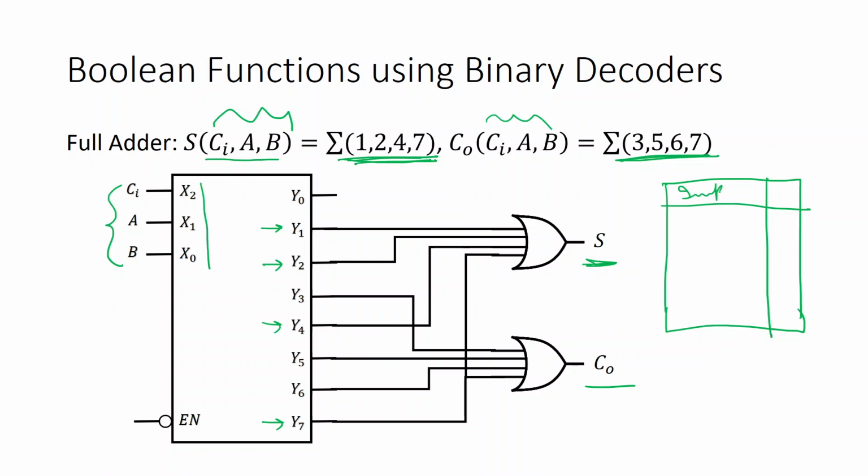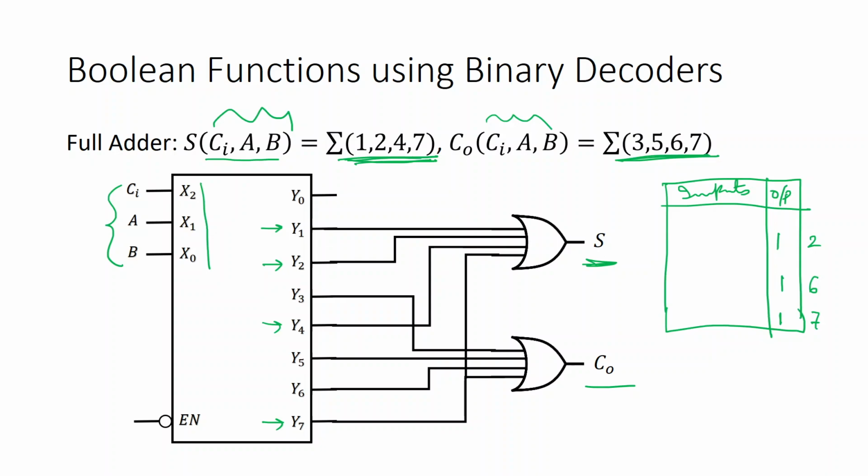And for the inputs, you only note which outputs are 1. So you know the min term numbers. Some min term numbers will be here. Suppose 2 6 7. Then you simply need to take 2 6 and 7, these pins out, and pass them through an OR gate. That's all. So you will know by looking at the truth table which of the outputs are 1. So those corresponding pins you are going to take out from the decoder and pass through an OR gate.